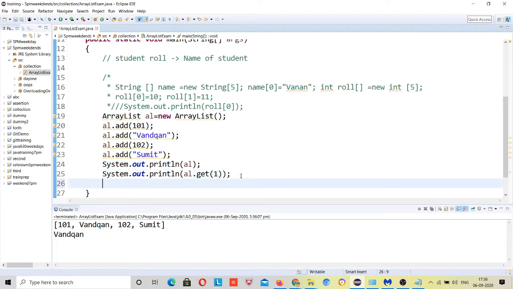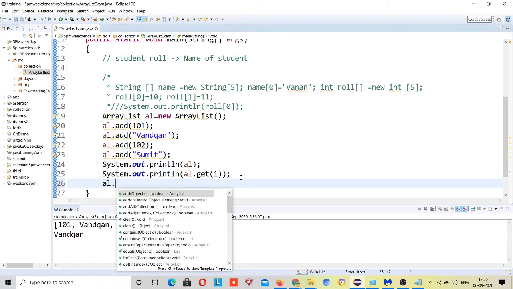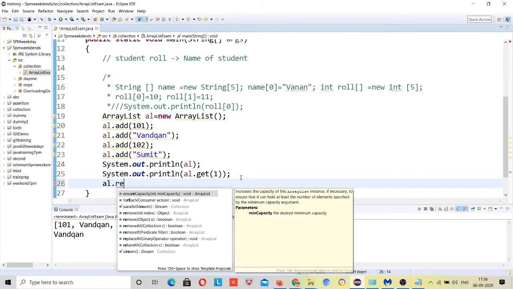If you want to remove the data, the remove method is not available in arrays. You have to manually delete that. There are some processes to do that, but here you have the add and remove methods. After array list we have linked list. If you explore that, you can reset the positions, and many data structures are available in your collections. So if you want to remove, just go and al dot remove. This I am covering very basic, right?